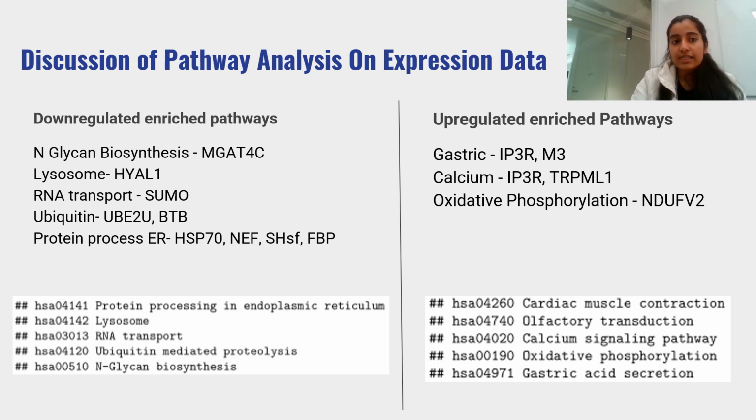For each downregulated gene pathway, the proteins that were most significantly expressed in red were identified. We found that the overexpression of N-glycan in PCA, or prostate cancer, is a possible biomarker for diagnosis. Also, MGAT4C, the differentially expressed protein of the N-glycan biosynthesis pathway, poses a deletion risk and is significantly overexpressed in metastatic